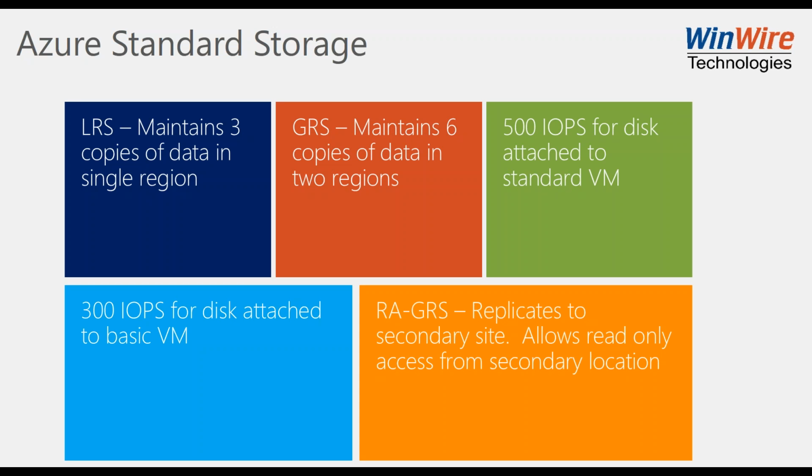So you can see 500 IOPS for standard, and then 300 IOPS for attached disks to a basic VM. Now, I didn't really highlight the basic VM. Basic VMs are really meant to do low-level testing. You're not doing any performance testing, so if you're doing smoke testing on your applications, you can spin these up very quickly, making sure that they're running correctly. And finally, you see read-only geo-redundant storage, and what that is, you have a read-only copy in a secondary data center,